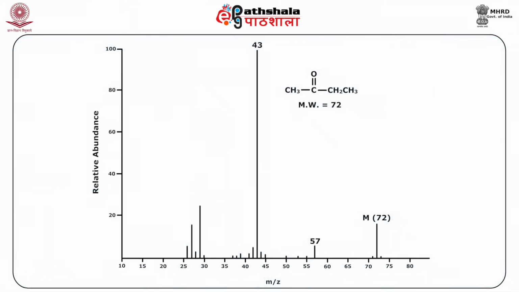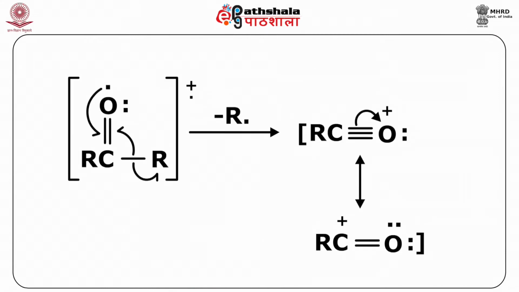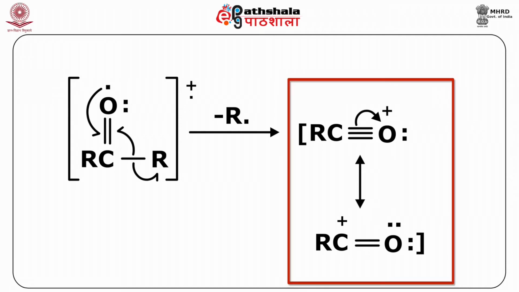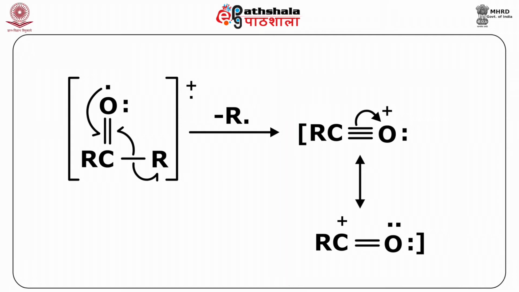Ketones show an intense molecular ion peak, again just like aldehydes. During fragmentation, the alkyl group next to the carbonyl is lost. More likely, the larger alkyl group is lost. Again, here you can see the importance of Stevenson's rule, as has been explained to you in the previous module, followed by the common formation of RCO+, just as in the case of aldehydes.